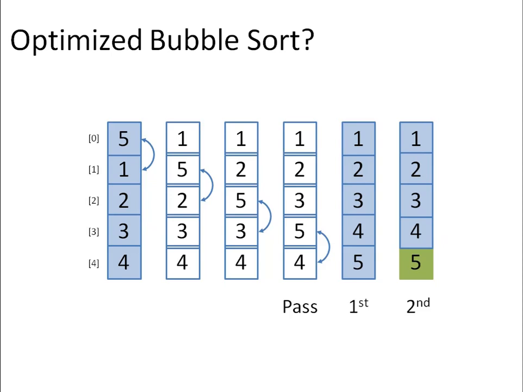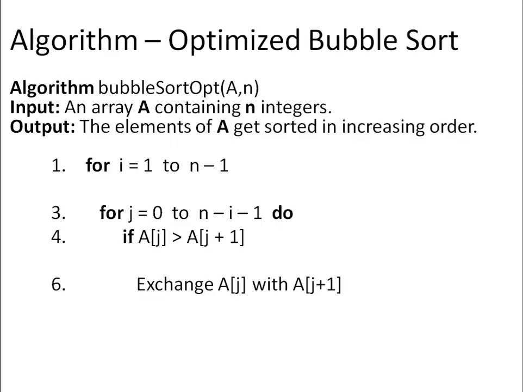So the optimized bubble sort says that if there is no swapping in a pass, then that signifies that the sequence is sorted now. So basically, we have to write logic to identify if a swap is happening or not. Here, we have a basic bubble sort procedure. We just have to include the logic to identify if a swap has happened or not in a pass.